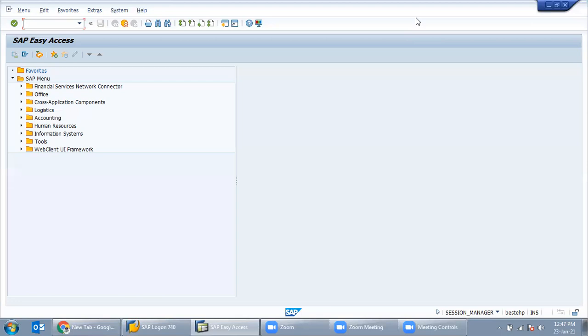So the consultant's work is to cut over the data from Oracle and upload it to SAP, make the system as per business requirements, and hand it over to the end users and the management. Whatever business process they are currently maintaining with the current ERP, that is Oracle, after implementing SAP they must follow the same process in SAP. That requirement and that gap is fulfilled only by a consultant.